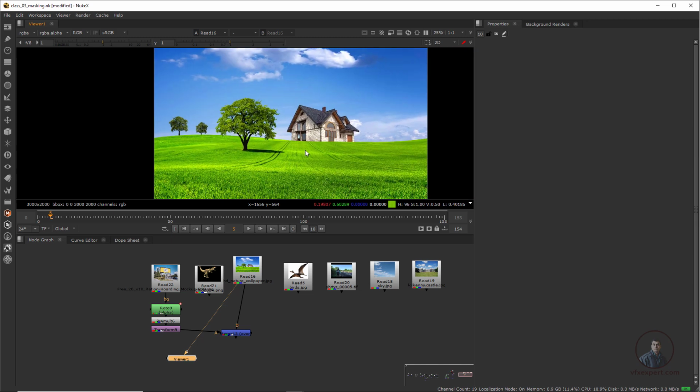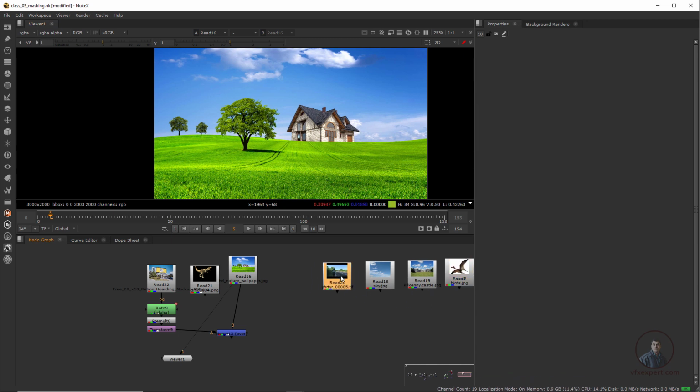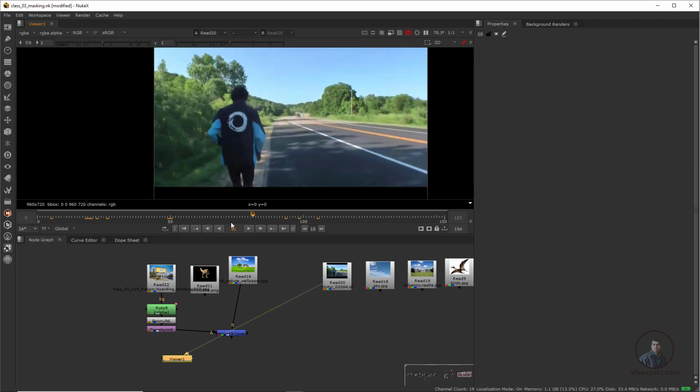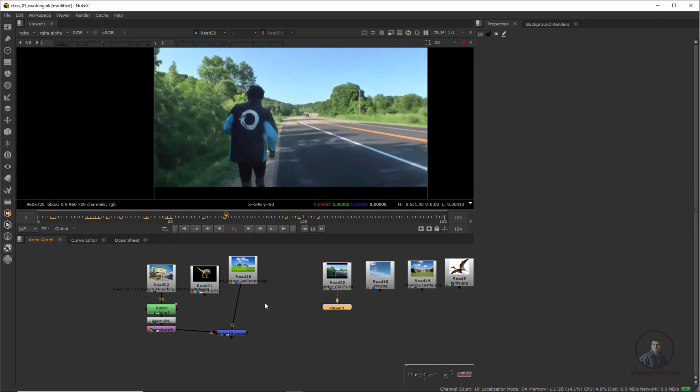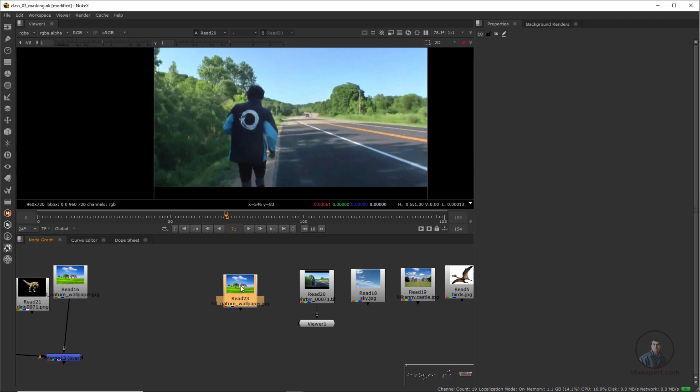So we have another technique, which is our Keyer. With the help of a Keyer, we can also create a matte. Now I am going to show how we can create a matte with the help of a Keyer, and how we can remove this sky. Later in this video we will also see how we can remove this sky and how we can composite it. So now we are going to see the fundamentals of creating a matte in Nuke with the help of the Keyer node. Now select this one and press 1 here.